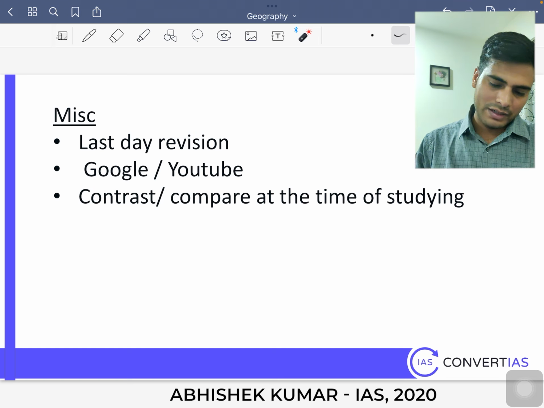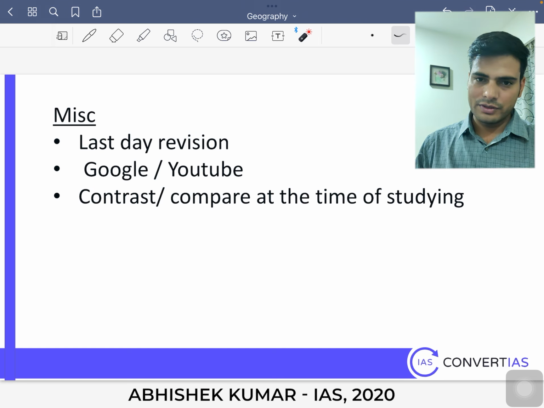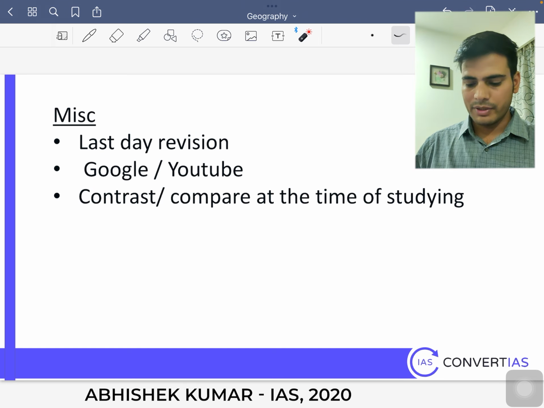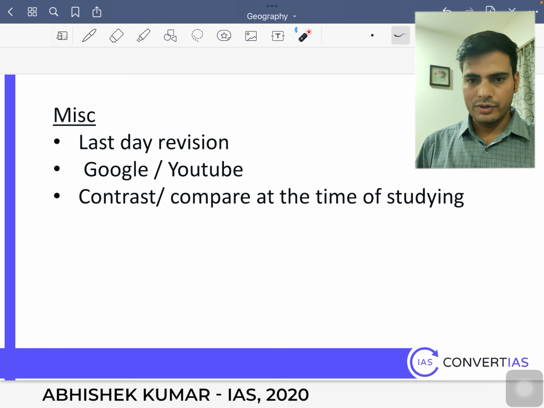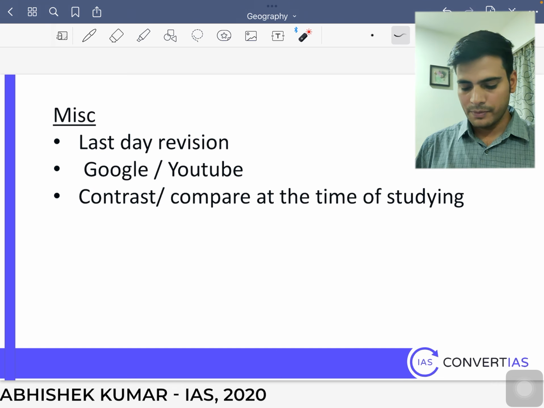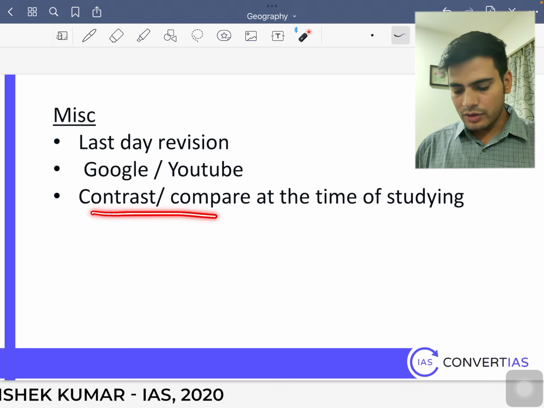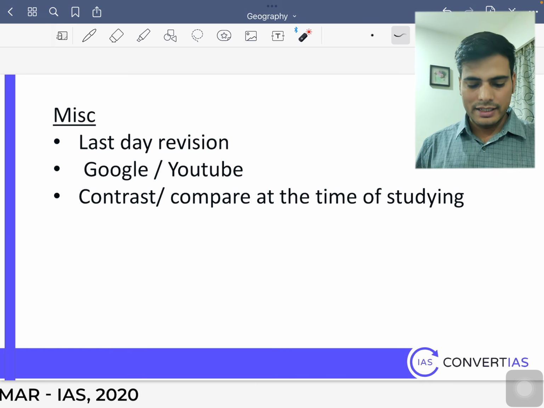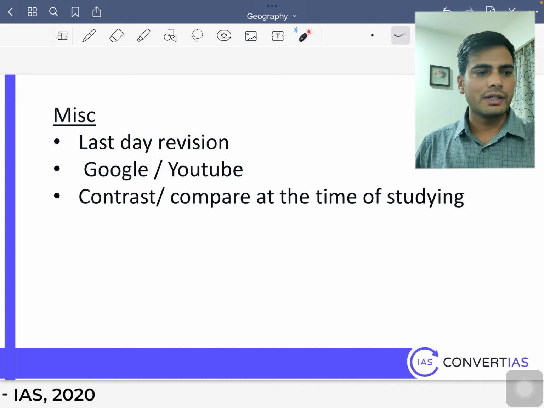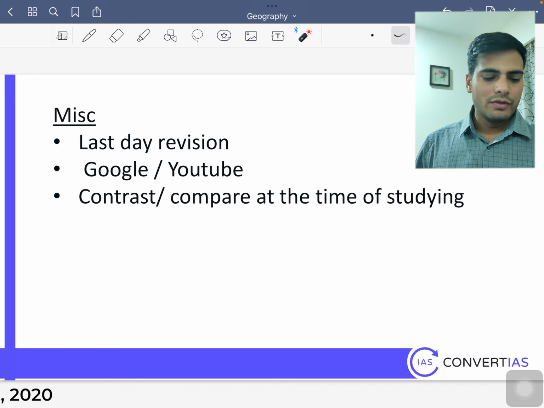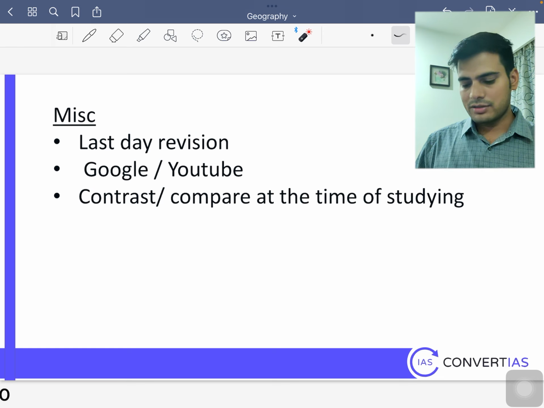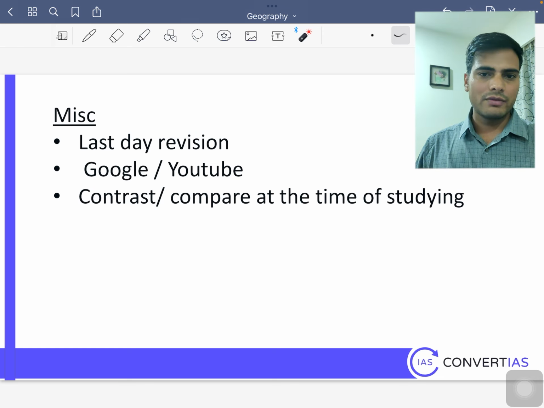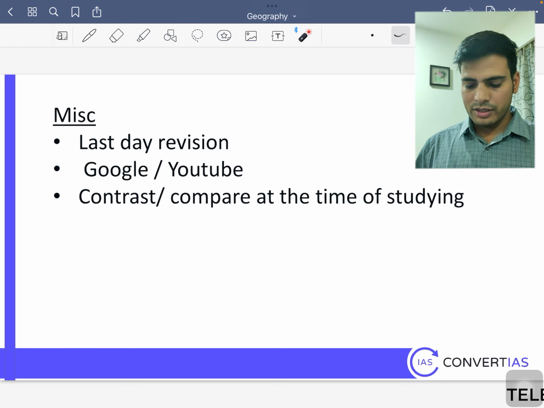Next time when you do, whatever you study, you write on the edge of the book or write on a paper and just stick it in between the pages of the book. Then always contrast and compare at the time of studying. Many times we find several similar looking topics, but we just read them separately. We do not go back and contrast, and this is how our mind works, it works in a contrast and